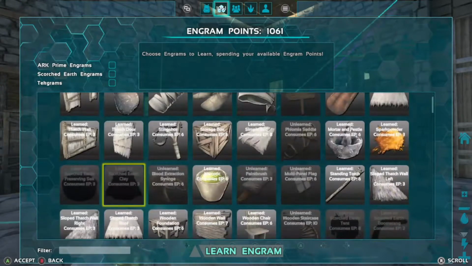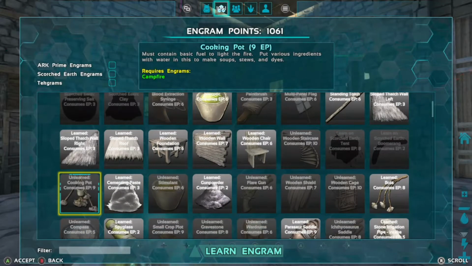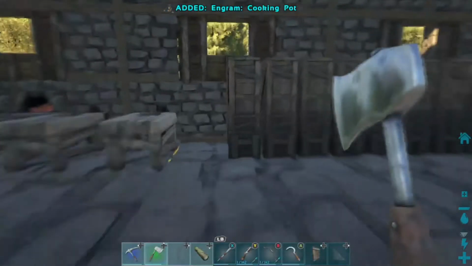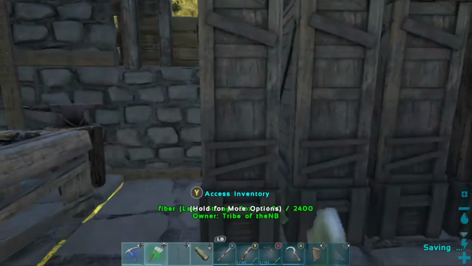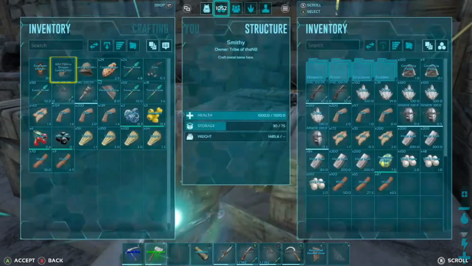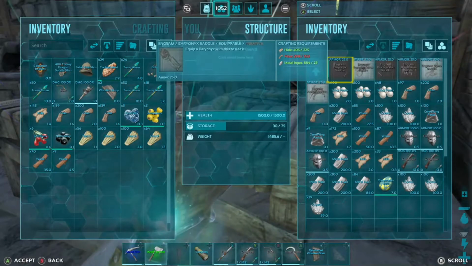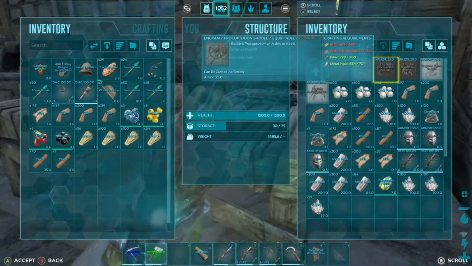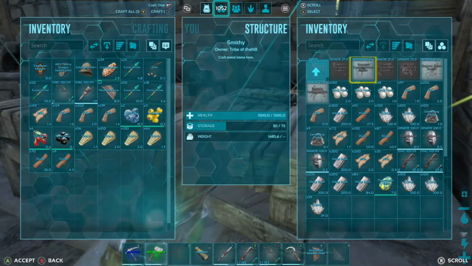Also wanted to do the cooking pot real quick. So we'll try to make that one up. Shouldn't be much to make that. Alright, so I know we need... Alright, let's go look at the Procoptodon saddle first. Let's do that. Alright, Procoptodon saddle. I need hide and, oh man, I need pelt. Let's say pelt, hair,